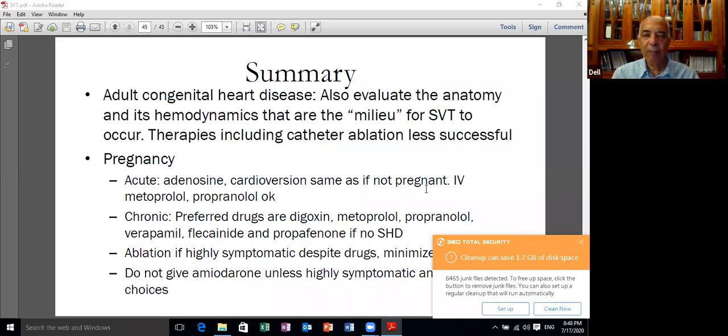The axis of the P wave and the morphology of the P wave, all of these are not sinus, all abnormal, and help localize the area. Then we map it by any method of mapping, and then we ablate. So the diagnosis is a P wave with rapid heart rate with abnormal axis. So this is how we diagnose that.